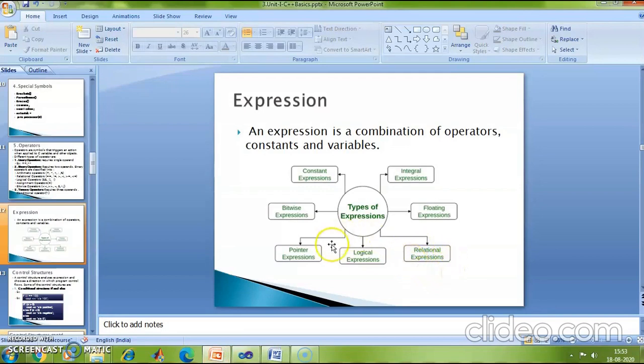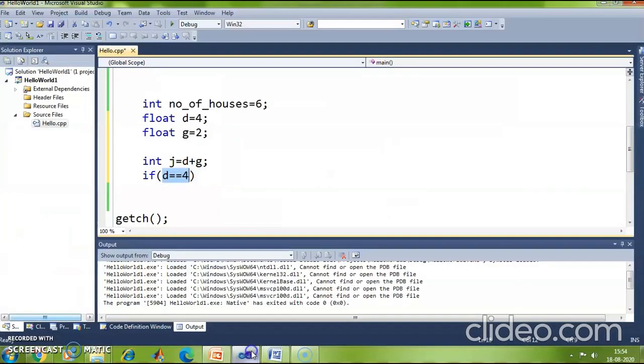The next type of expression is a logical expression. These are the statements which involve the logical operators, right? So which are the logical operators? Logical operators like ampersand, right?